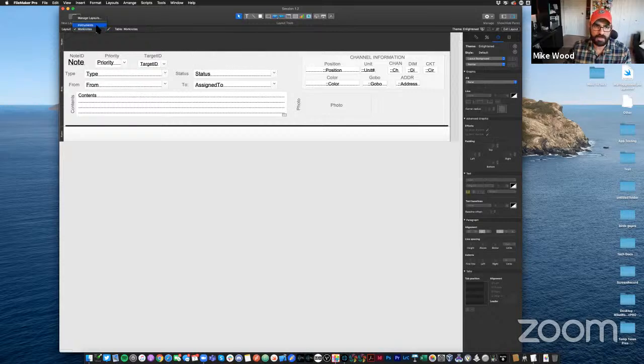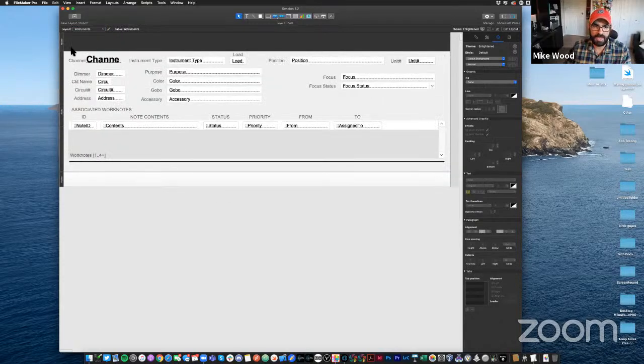Okay, so let's go back into our instruments for a second and look at how this layout is laid out. We've been working so far all in the body section. The body section being the area that contains information about our individual records. So remember we talked last night about how you have multiple records in a table. Each one of those records shows up in the